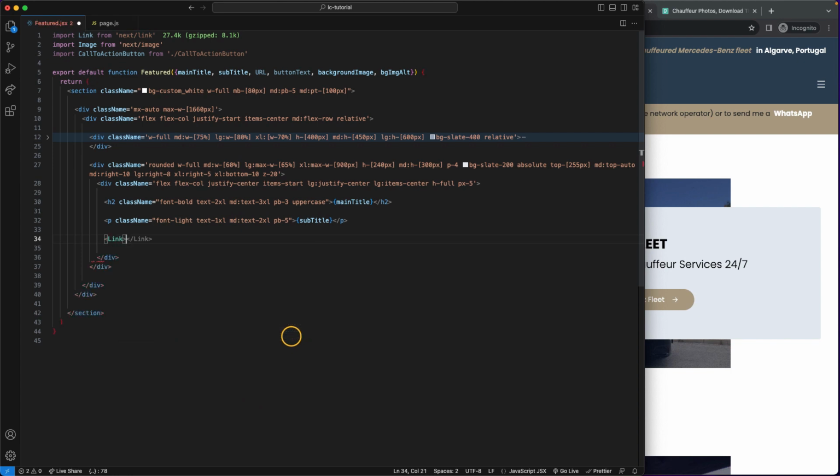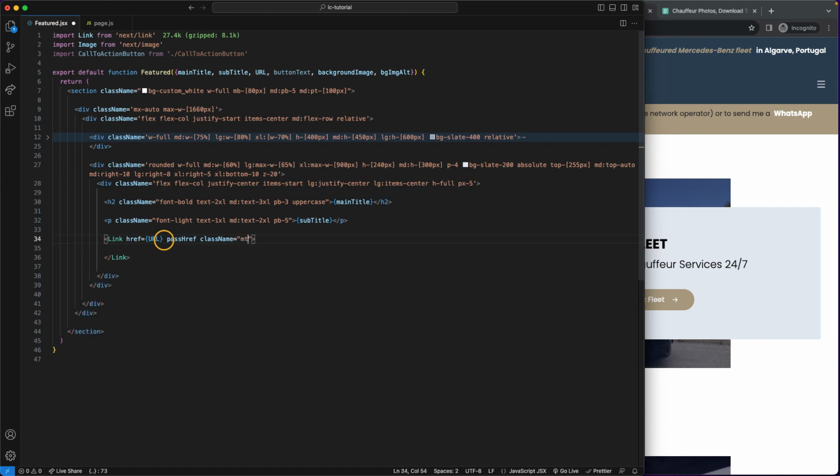So link, okay, and as I said, the link needs the href. Once again, it's going to be dynamic, of course, which means we need to grab this URL. In this case, URL is for the route. Sorry about that. We need to pass the href, and if you don't do this, Visual Studio Code will tell you to do it, so don't worry too much. I sometimes forget, but Visual Code shows me the warning message and tells me to fix it, and I do that. So class name,